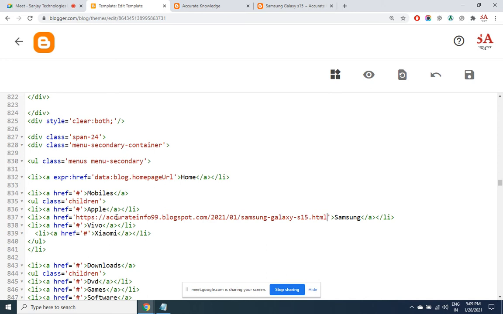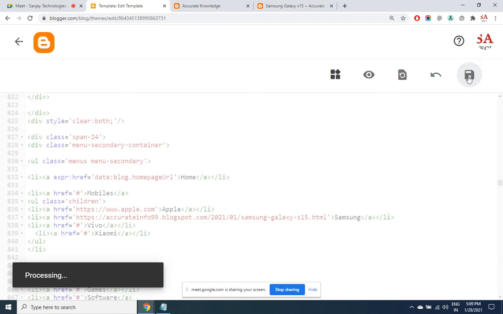It could be an internal page address like this. It could be an external site. Alright, so this is an external link. This is an internal link. An internal link means a link within your website to some other page or post, while an external link is nothing but a link which is outside the site.